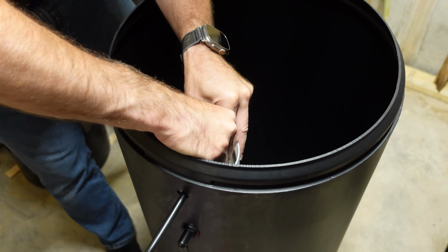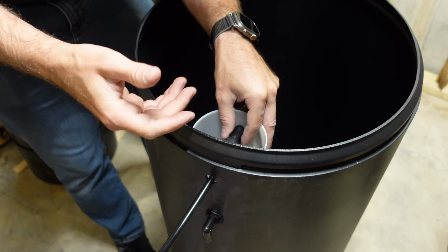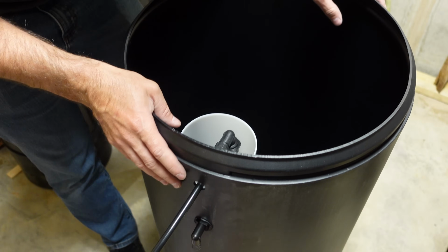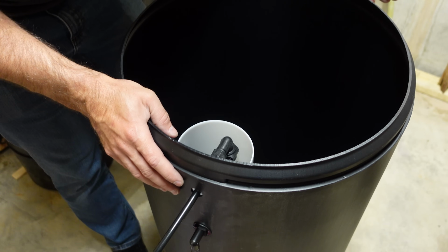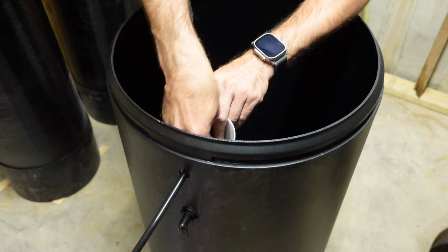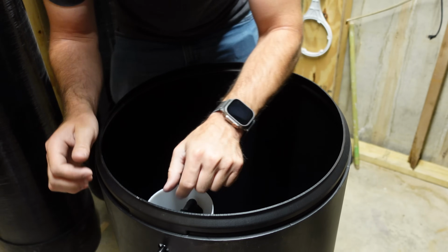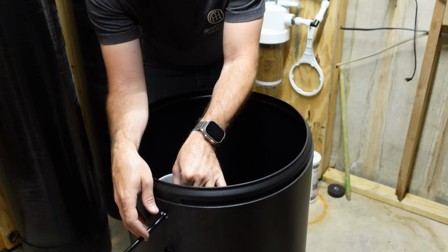So you shouldn't have to kill this. Just get it nice and snug, and then you're done in your brine tank. Put the cover on this, put the lid on it. I mean, put salt in it, and of course, salt is the thing I forgot. So we're going back to the store to get hose and salt. Yeah, that's my fault. I forgot that water softeners need water softener salt. Pretty